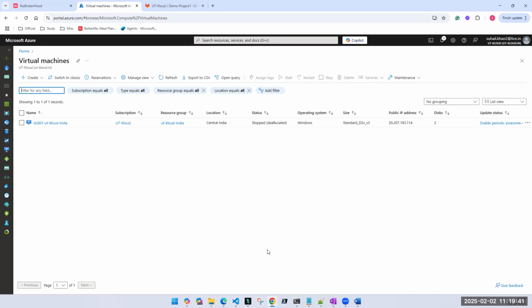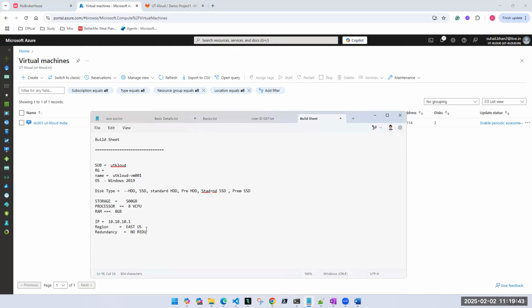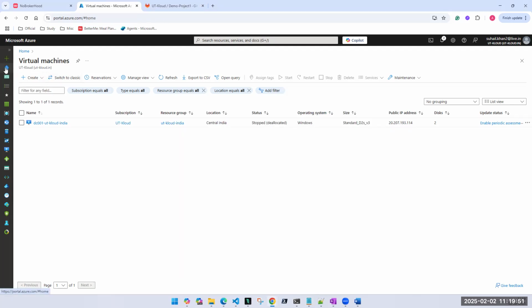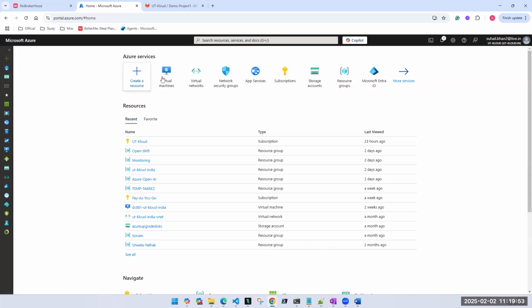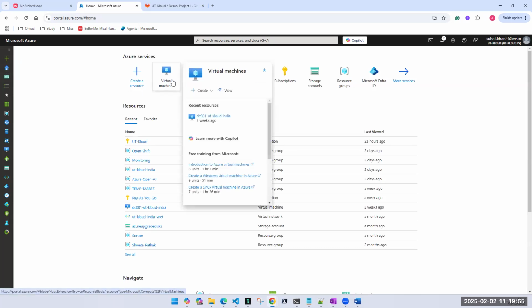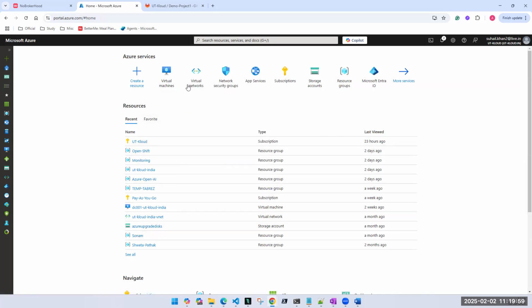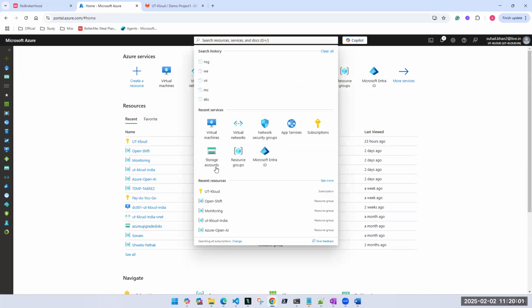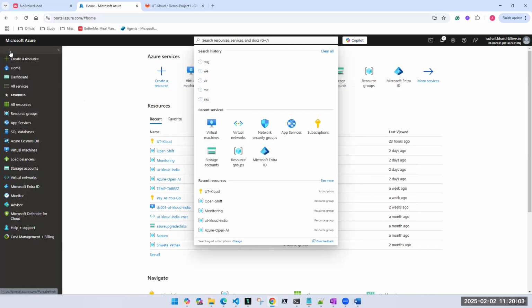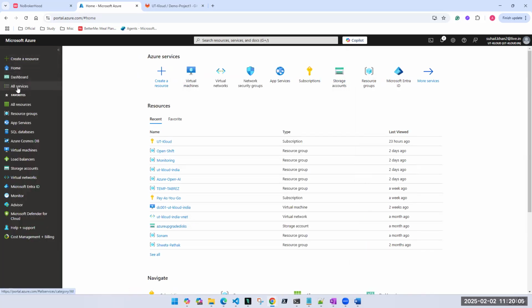Okay, guys. So let's start with virtual machine now. We already discussed a build sheet yesterday, right? So we are going to go ahead and continue with that. If you want to create a virtual machine, let's say you are on the home page, you will see virtual machine here. If you don't see it, because if you have not recently used it, you may not see it. You may see it here somewhere. If not, you can simply search for virtual machines, or you can go ahead and from home, all services,